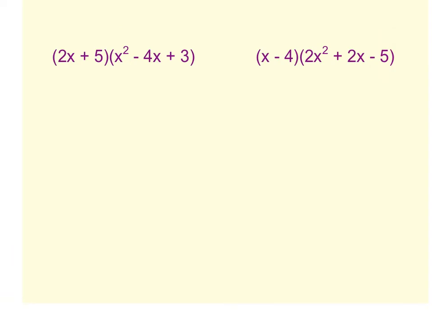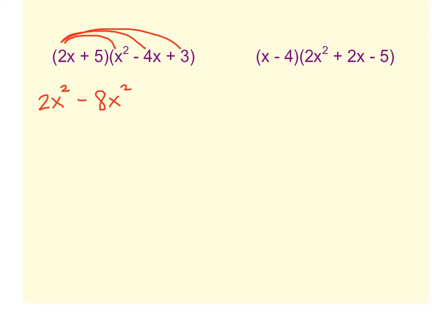All right, last slide. I'm going to show you two methods on this one. First, if you notice, we have a binomial times a trinomial. So you can do this kind of like foiling it. Basically, it's going to be a combination of foiling and distributing. What you're going to do is take your 2x and multiply it with the x squared, the negative 4x, and the 3. So the 2x has to get multiplied to the entire second polynomial. That's going to give you 2x squared minus 8x